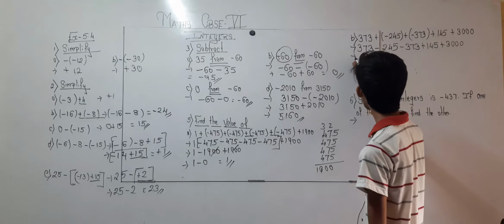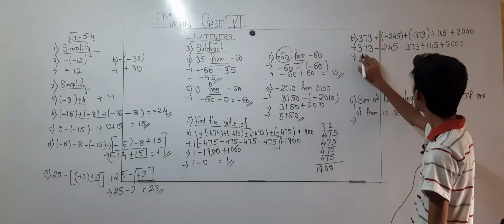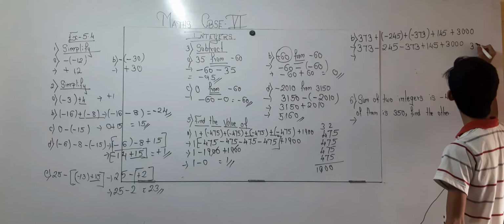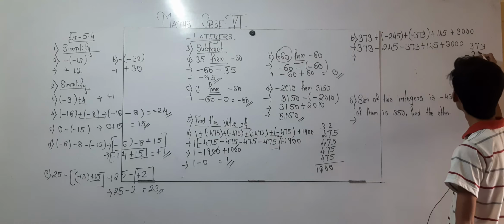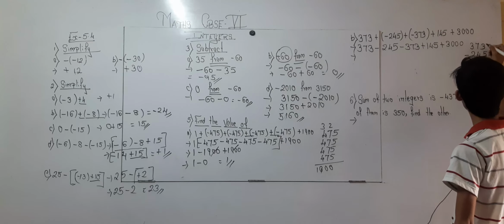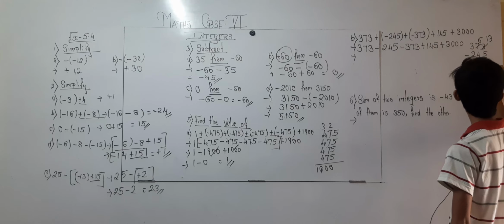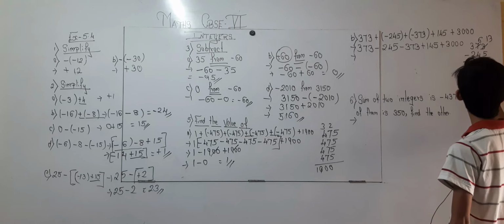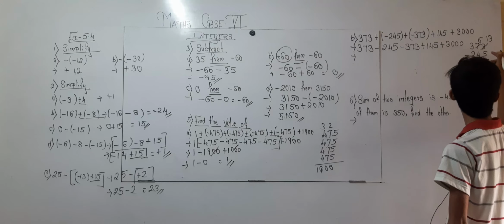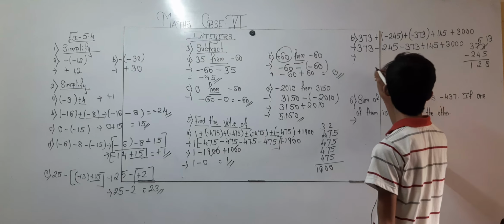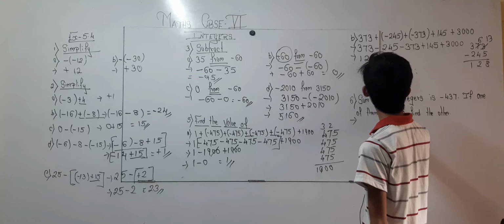Now moving on over here, plus minus again minus, so 373 minus of 245 will give me over here 13, over here 6, so over here 8, 2, 1. Okay, so 128